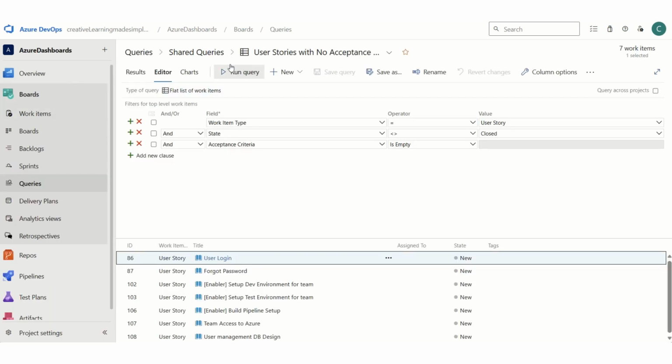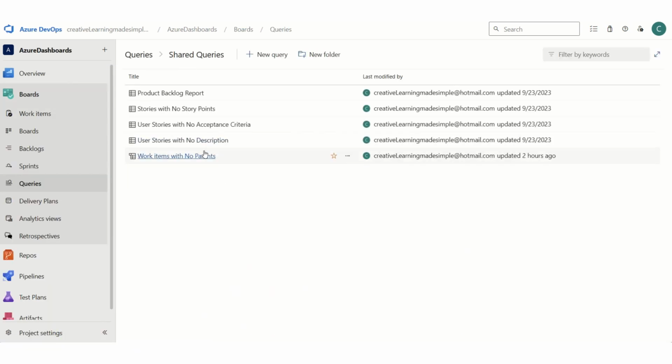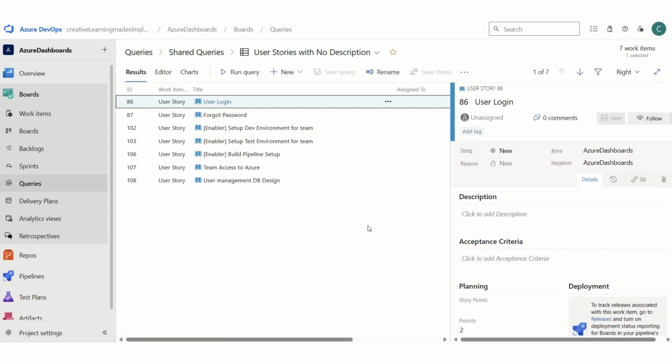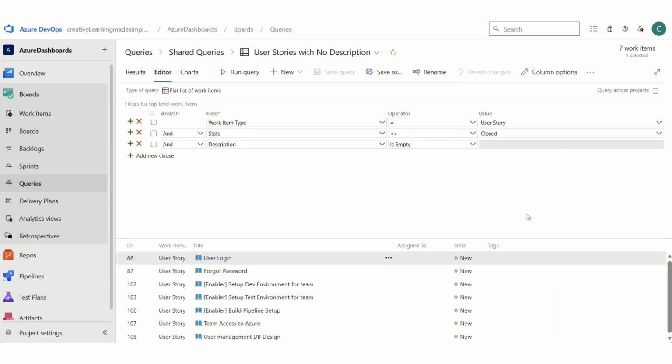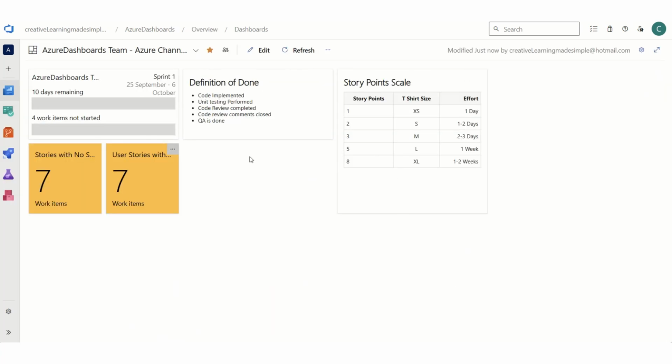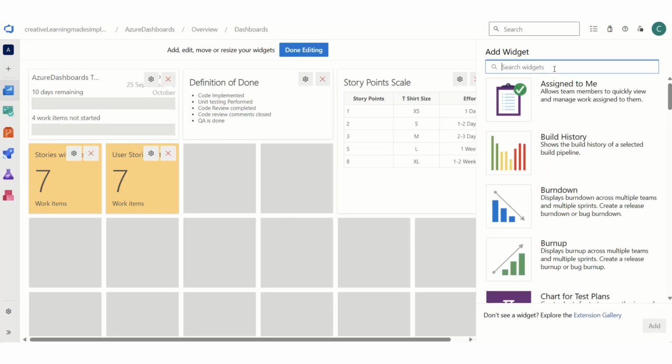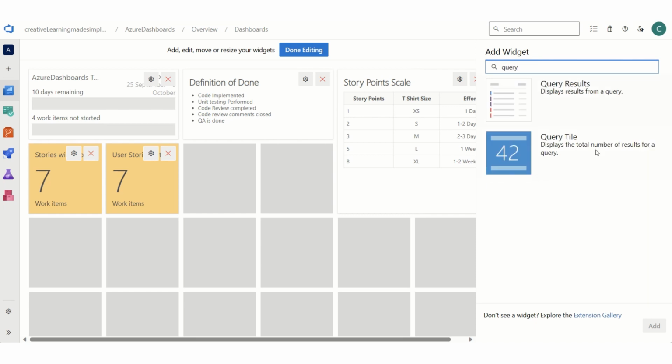On a similar note, we have one more query which says user stories with no description. So this is our description, right? If we have left the description blank, how many user stories are there? If I show you again, it's a very basic one. We have a work item type as a user story. We are saying the state has not been closed, and also we say description is empty. So again, we can go to edit. We can say give me the query tile,